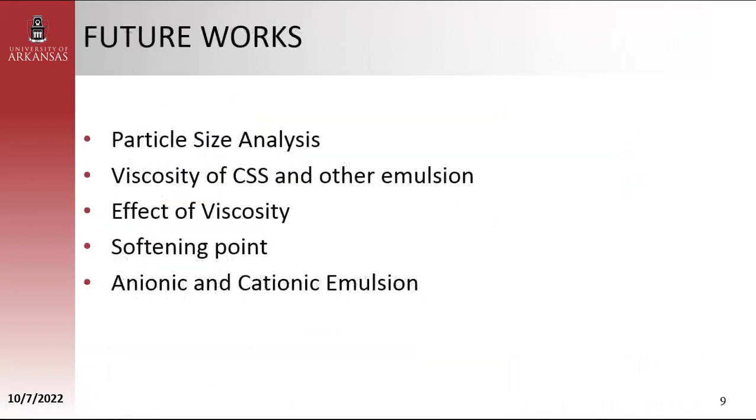My future work will be on particle size analysis, and I'll analyze more about cationic slow set emulsion for viscosity, compare it with other asphalt emulsions. I will also measure the softening point, and by the softening point I will determine the asphalt emulsion quality. Then I'll look at anionic and cationic asphalt emulsion, because anionic is more stable, so I need to find out why anionic is